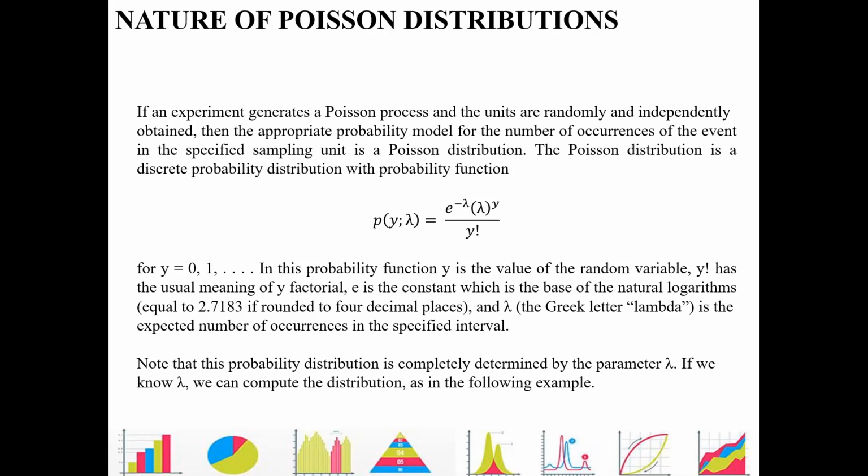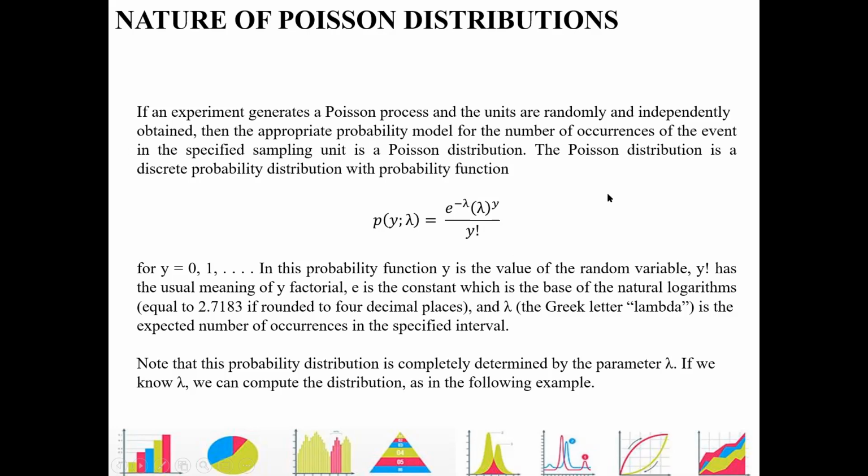So, the Poisson distribution is a discrete probability distribution with a probability function. Kung kanina we're looking at the y, the number of trials, ito naman, meron tayong introduce na lambda. Lambda is the expected number of occurrences. So, e, yung E natin sa calcu, which is the natural logarithm equal to 2.7183, raised to negative lambda, the expected number of occurrences, multiplied by lambda raised to y